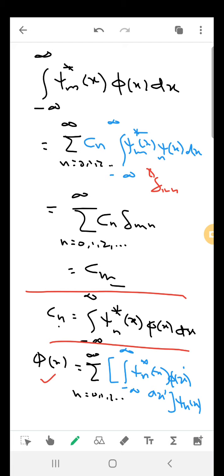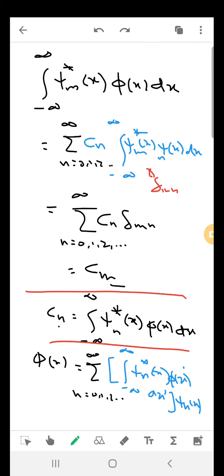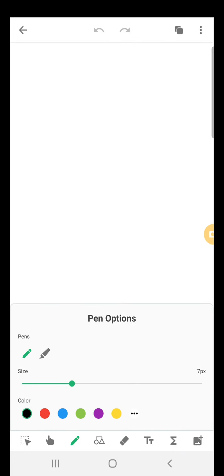So this can again be represented as, let's put it in a different page. You can write again psi x as equal to phi x as equal to integral from minus infinity to infinity dx dash phi x dash